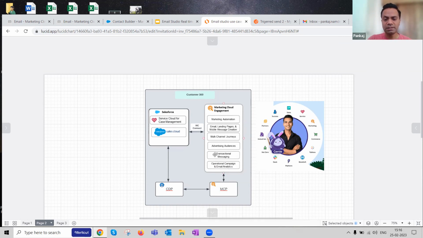If you see specifically on this Marketing Cloud engagement, these are multiple different things that we can do. And I'm pretty sure, since we have done 20-plus sessions and Email Studio is already done, you would be aware of the nuances and technical details of these features within Marketing Cloud, especially for Email Studio.